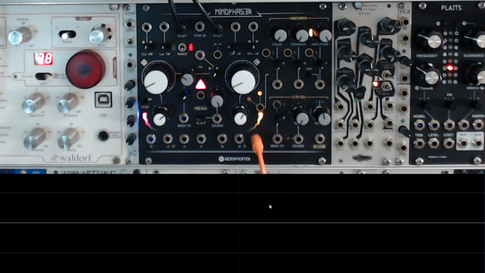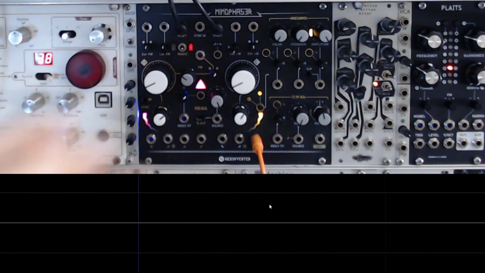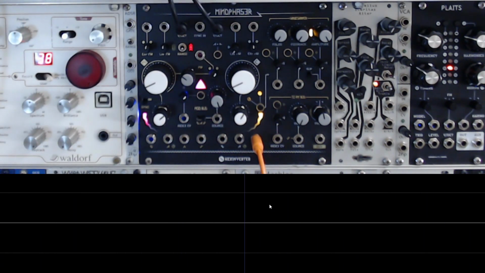Let's look at some of the FM capabilities of the Mindphaser. Like I mentioned before, the linear FM is directly connected to the Modbus. However, linear FM doesn't really offer that much control in terms of the amount of modulation that gets applied to the signal. So often for more timbre control in the sound, we go with